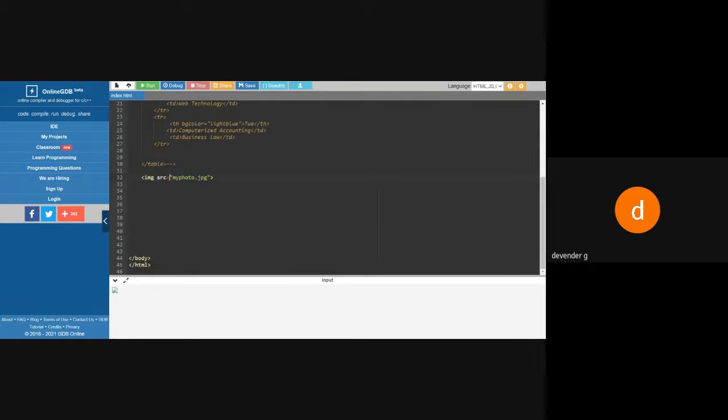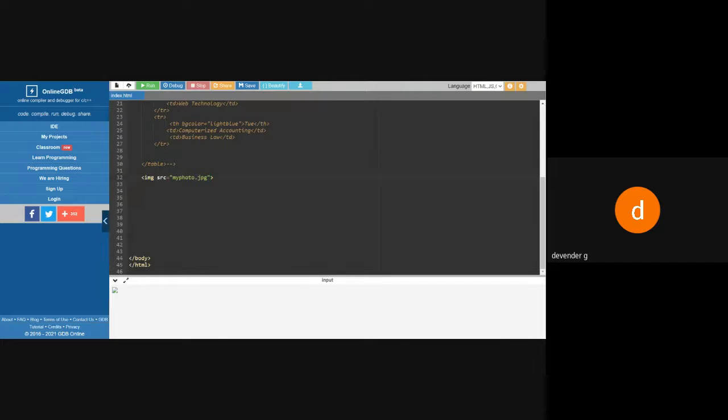So if your image is on the desktop, I'll write source is equal to like this, or I'll give the full path from where you want it, from someone else's website, or from your Facebook or Google Chrome or something like that. If you have stored some image in that particular location, give that entire address, that will take care. For the image we have only src. Now I'll be capturing the photo from my camera and I'll say source is equal to my photo.image.